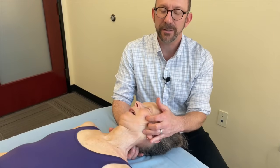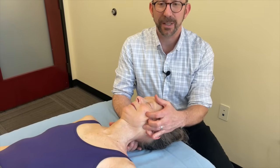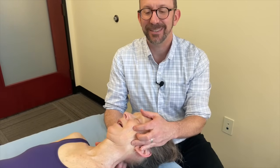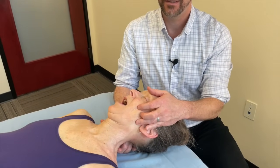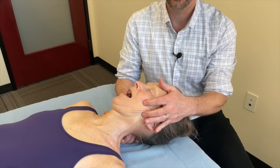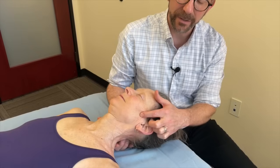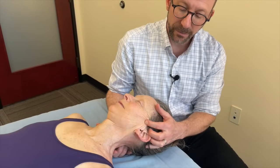Linda, you're going to open slowly and close. And as she opens, I'm using my hands to introduce and induce glide of the condyle of the left mandible. Go again. Open, close. One more time. Good. Good. And so here, from the very top of the mandible, where the temporalis muscle attaches, we're going to